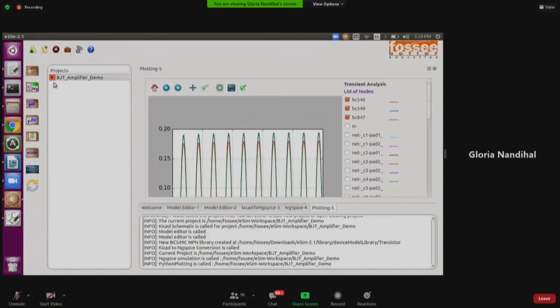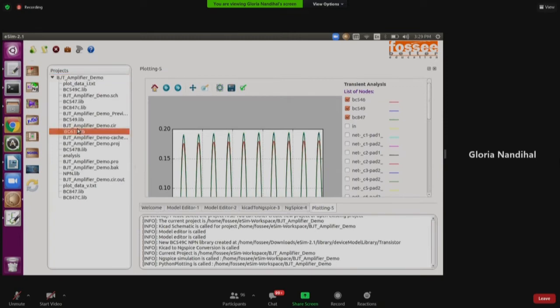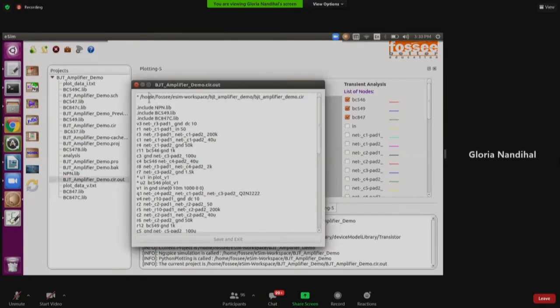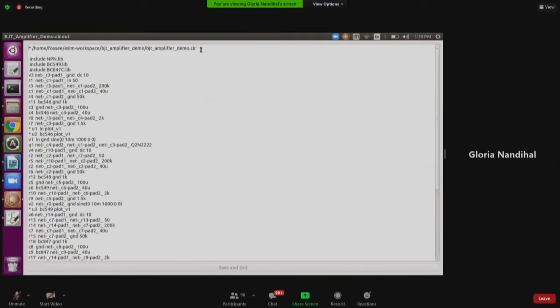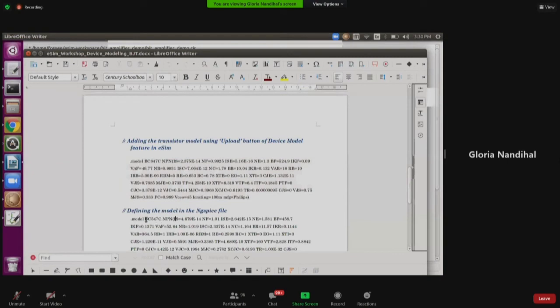Now there is one more way to add a library device model. If you remember in the introduction class, Professor Mahesh Patil sir had told how to create an ngSpice file. So I'm opening the .cir.out file. Now I want to replace this Q2N222 with the model which I am creating. If you see the doc, I have already one more